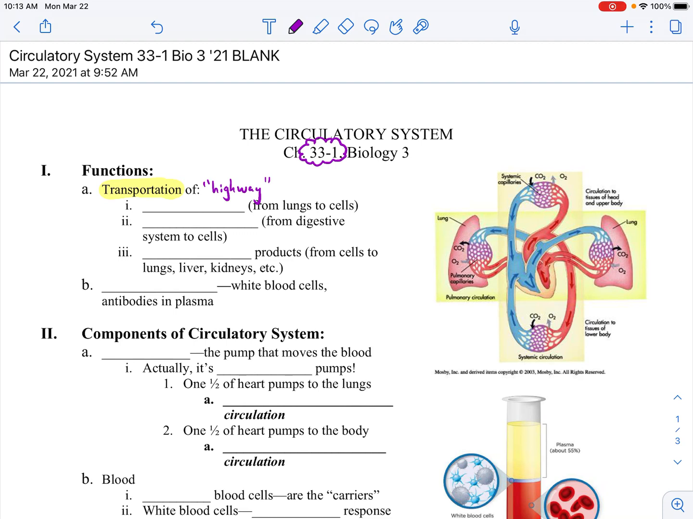Now, things that the circulatory system moves around: oxygen, and of course, the same aspect with gases, carbon dioxide. So it's going to be moving those gases to and from the lungs, from the cells. Nutrients from the digestive system. So again, think about the monomers from your food,